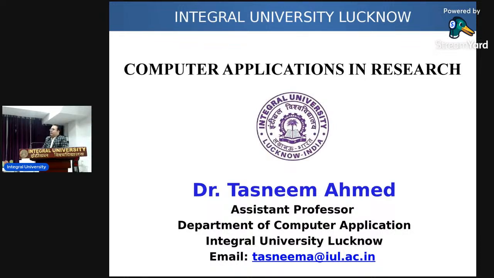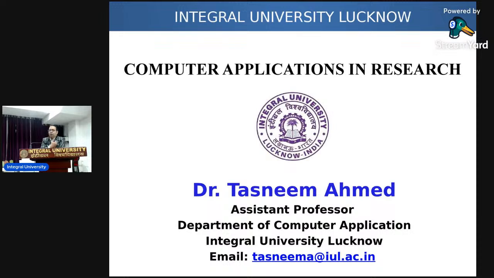So whatever you have studied in those 5 units, how you are going to use those things in your research. That is exactly about this unit 6, that is computer application in research. Because nowadays, whatever you do, ultimately you are going to use computers for your research: to develop your hypothesis, to test your hypothesis, for statistical analysis, for research writing, for paper writing, for thesis writing,